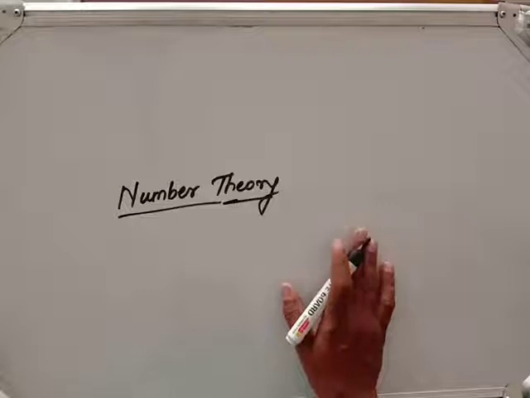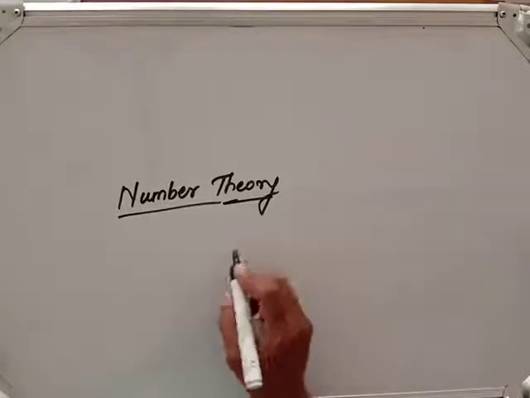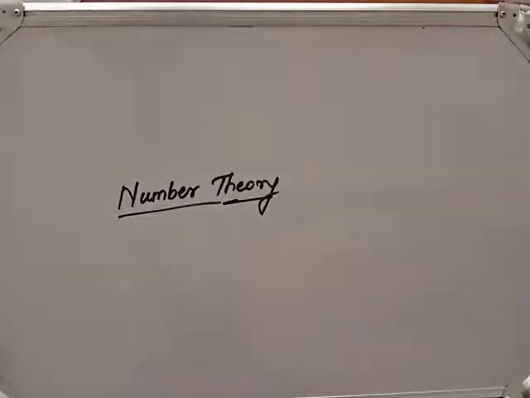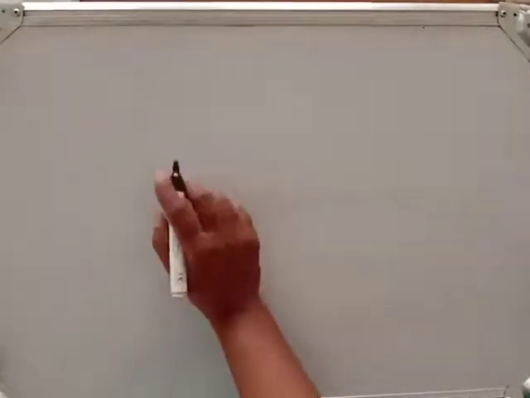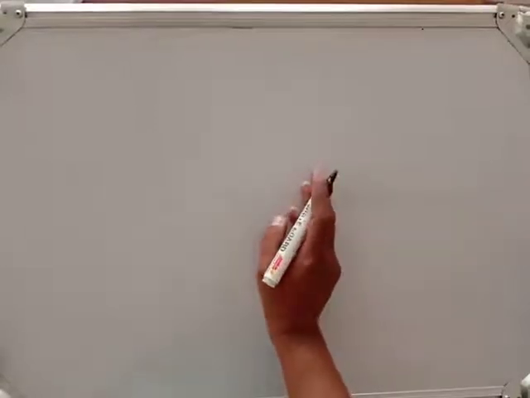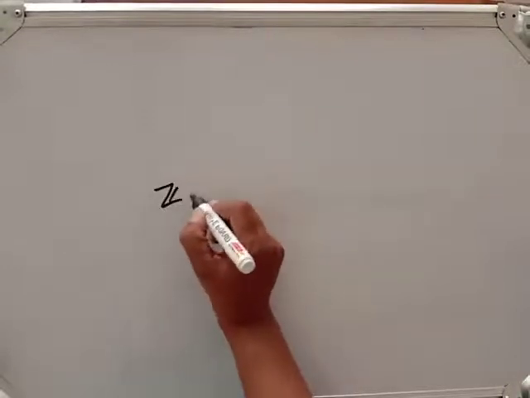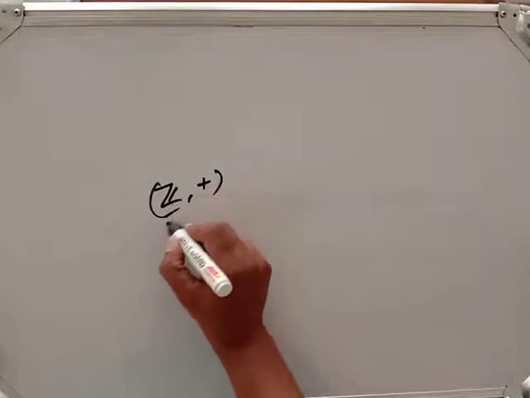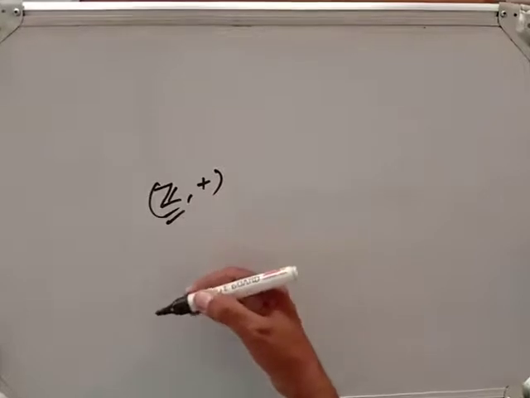The set of integers is closed with respect to addition as well as multiplication. Means what? If we add any integers, then the sum is again an integer. The same thing is valid for natural numbers. If we multiply any two integers, the result is also an integer. So now let us talk about Z with addition.